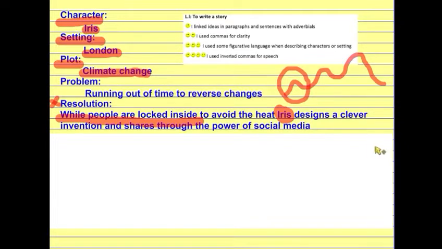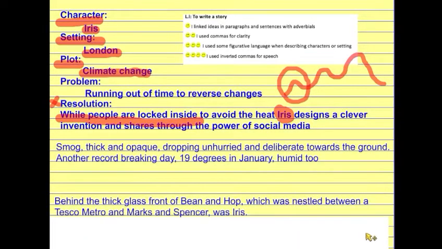I've started some writing. Now, I've not done the whole thing because you need to spend time today writing your own story. But here's the start of my first paragraph, and this has come from my setting description last week. I'm just going to point out some use of commas for clarity. So we've got 2 commas here around thick and opaque because this is extra information. I've also got 2 commas here around 19 degrees in January because this is also extra information. So my first paragraph is